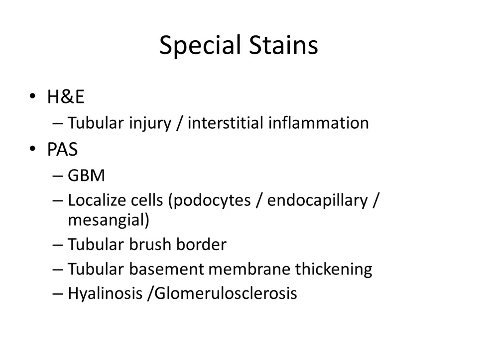So sometimes with the H&E, the podocyte cytoplasm kind of blends with the glomerular basement membrane, and then that blends with the mesangium, and there's just so much overlap that the PAS is going to help you kind of clarify it. Are you looking at podocyte cytoplasm? That's going to be paler than the GBM. Endocapillary cellularity is actually going to look like it's in a lumen. Mesangial hypercellularity is going to be within a matrix, in the mesangial matrix. So it's really going to help you localize where those cells are.